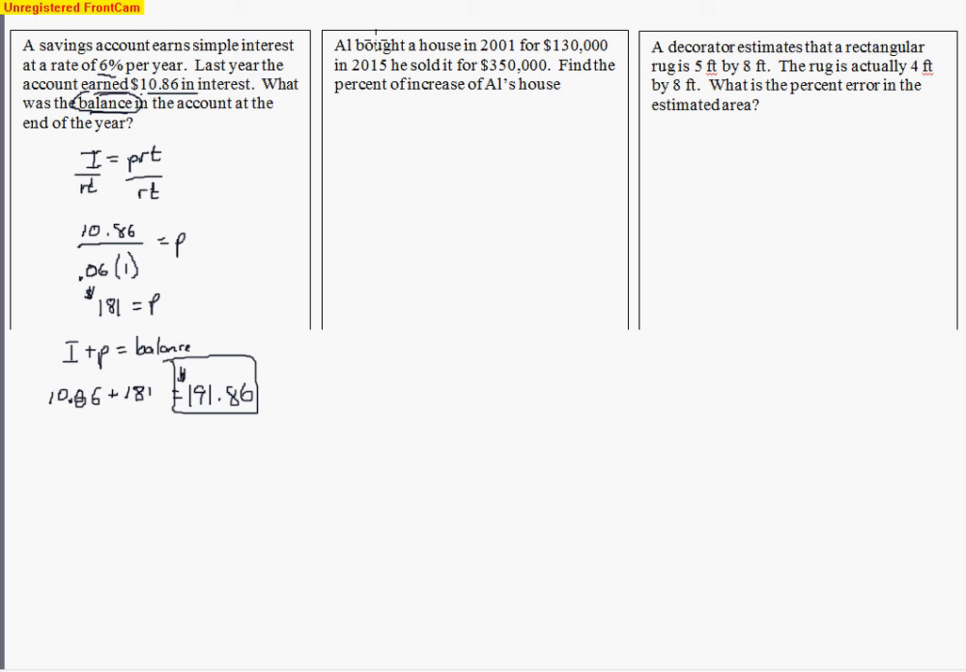So the next one says Al bought a house in 2001 for $130,000. He sold it in 2015 for $350,000. Find the percent of increase. So percent of increase is a percent of change, and they're pretty much done the same way, whether it be an increase or decrease. Basically subtract the two numbers,